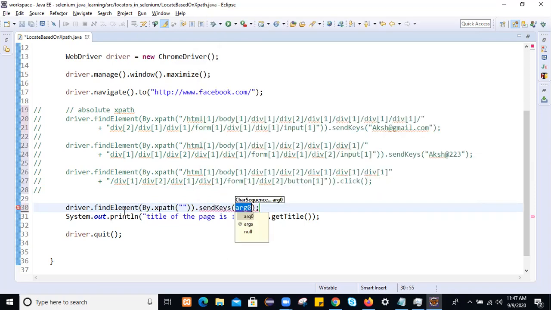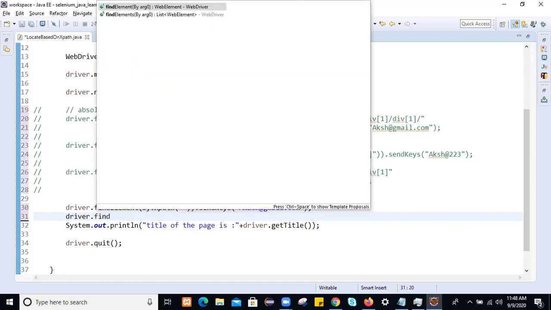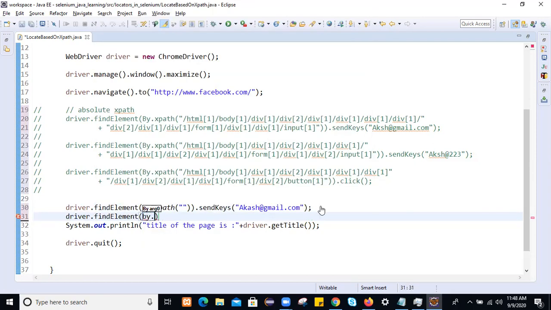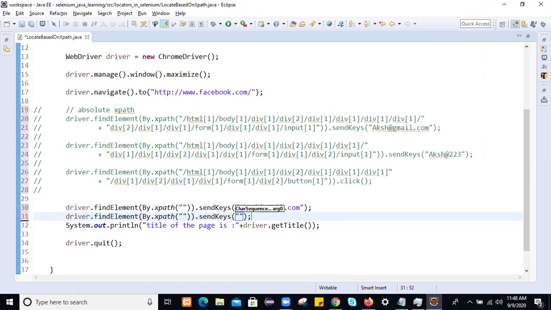So use the same sendKeys and we'll pass the same, let's say akash@. For the password field, we'll find that particular web element by the same XPath, and the XPath I will write here, and then use the same sendKeys, and the password I will write akash@ like that.